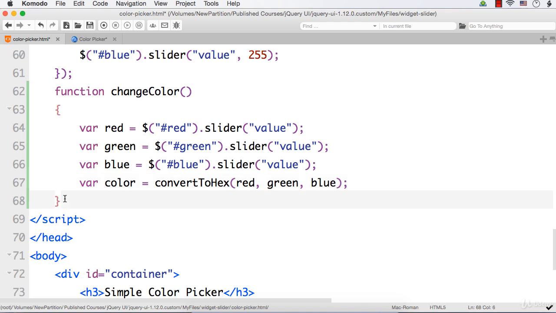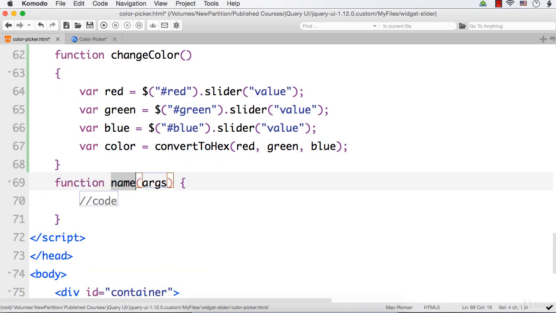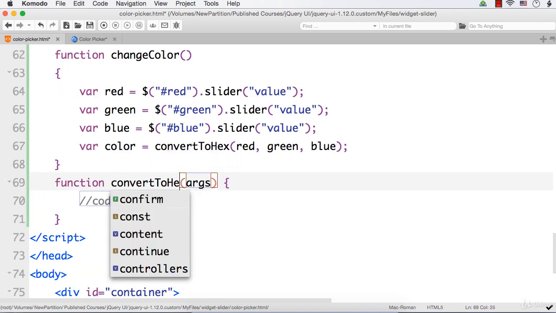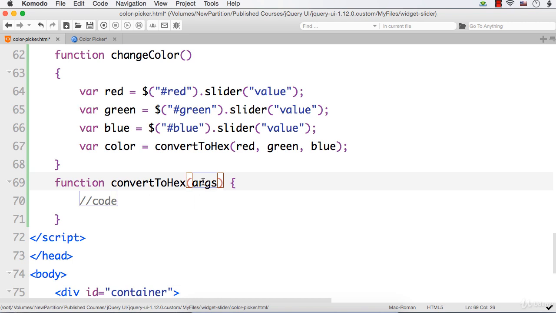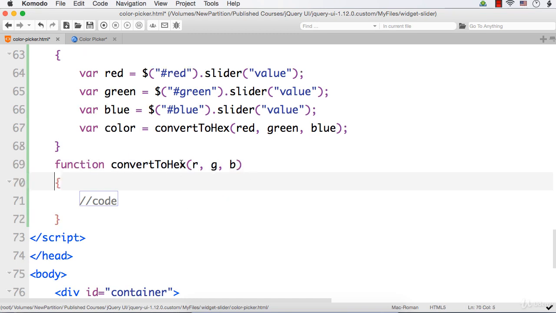So let's write our function convertToHex. This is the name of the function, and here let me access it like red, R for red, G for green, and B for blue. So this will get these three values. Next, what we can do is convert these decimal numbers to hexadecimal values using the toString method and passing